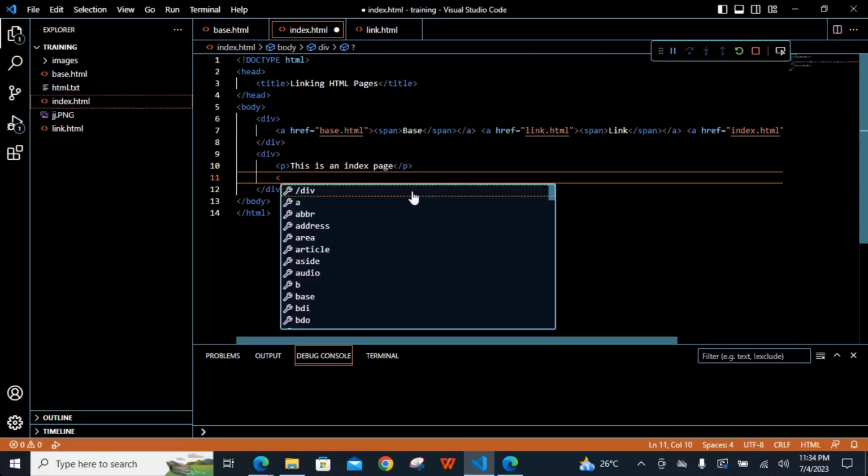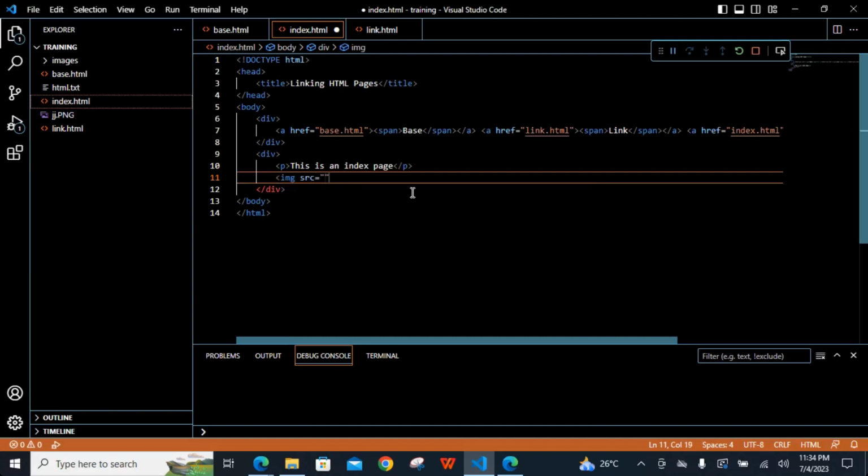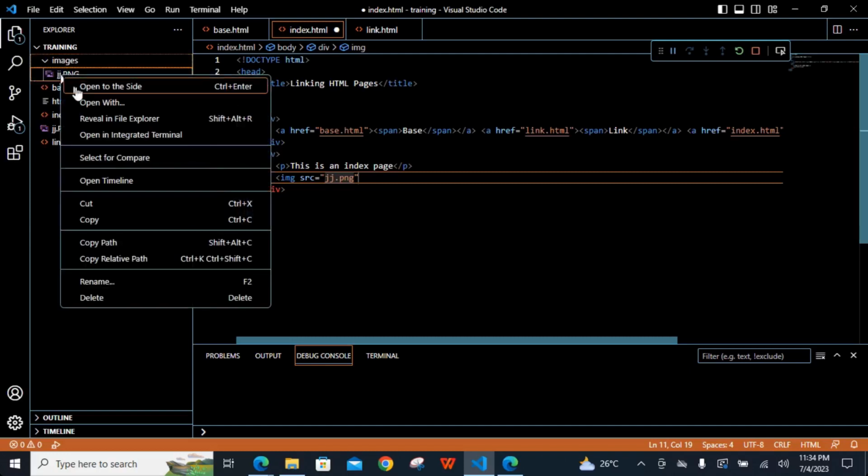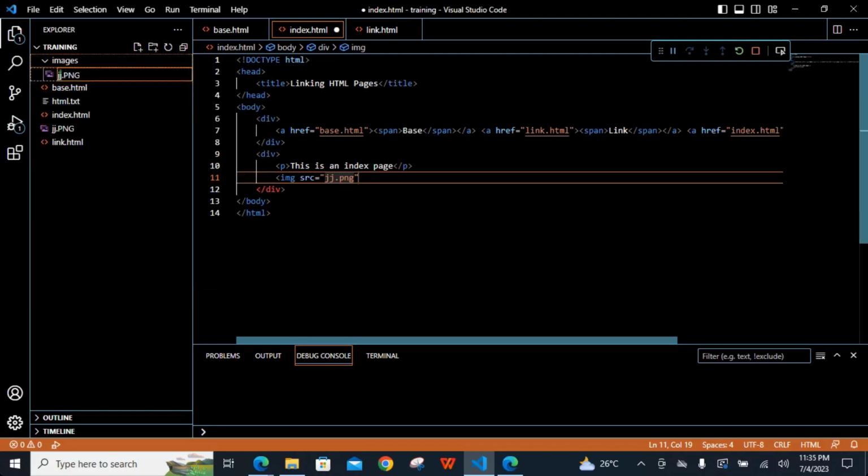So I have img src, then equals. Now I want to locate the path. If I put jj.png, it's going to show me the image. Why? Because jj.png is at the same level as index.html. Are you getting it now? But because I need to move into this images folder to locate this image, let me rename this one to PPP so that it won't be confusing. So now I want to locate this PPP and I have JPEG here. So now I have img here, then alt, that is JJ picture,